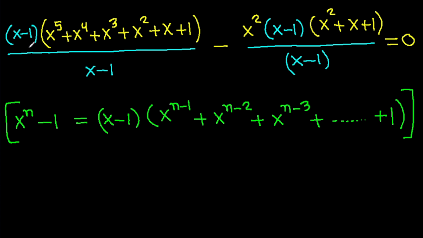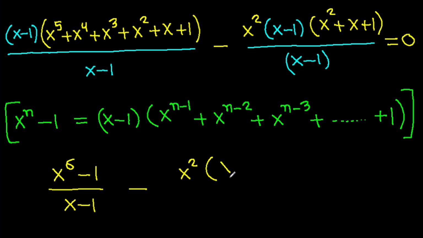So x minus 1 times x power 5 plus x power 4 plus x cube plus x square plus x plus 1, it will be x power 6 minus 1 over x minus 1 minus x square times x minus 1 times x square plus x plus 1, it will be x cube minus 1 over x minus 1 is equal to 0,